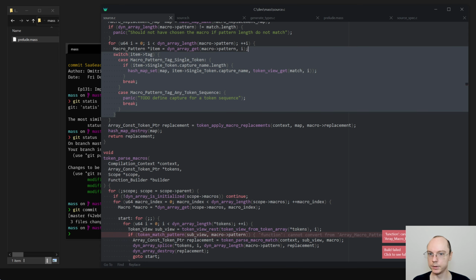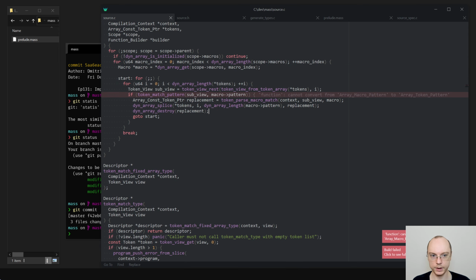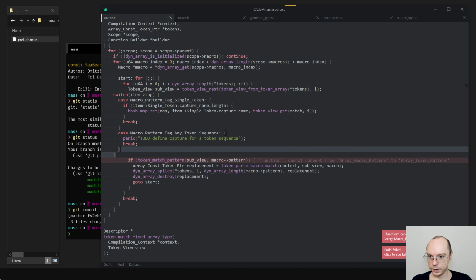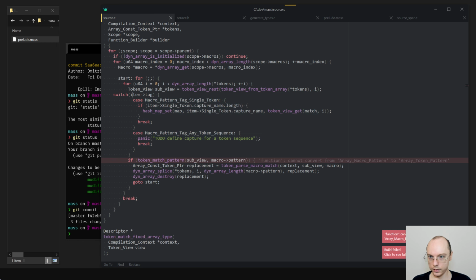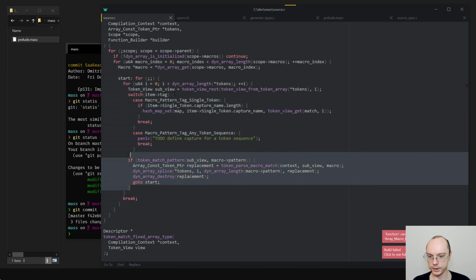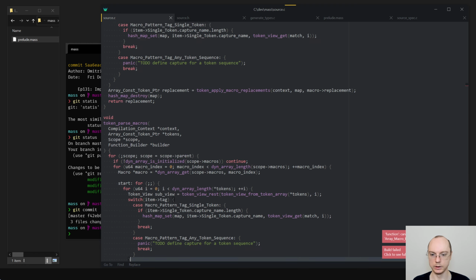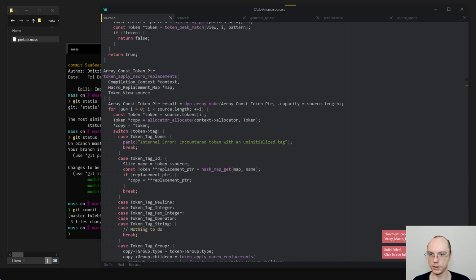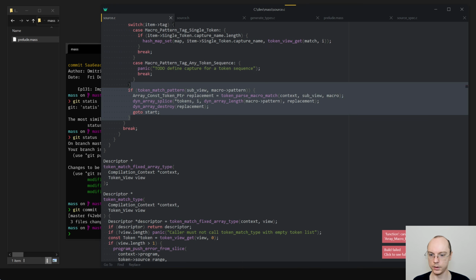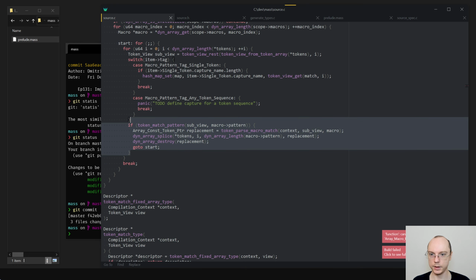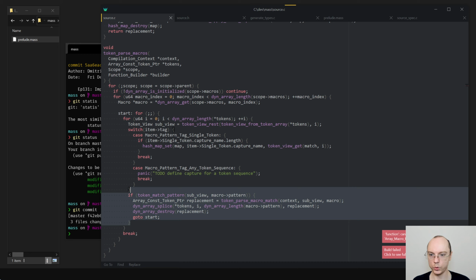And that means that we can simplify stuff here. So we do switch. This would be exactly the same as it was before. Oh. That is kind of awkward.